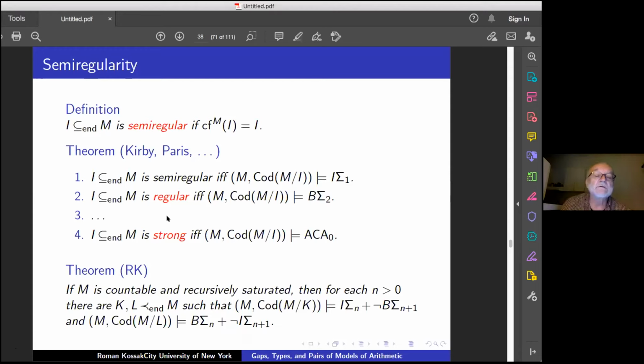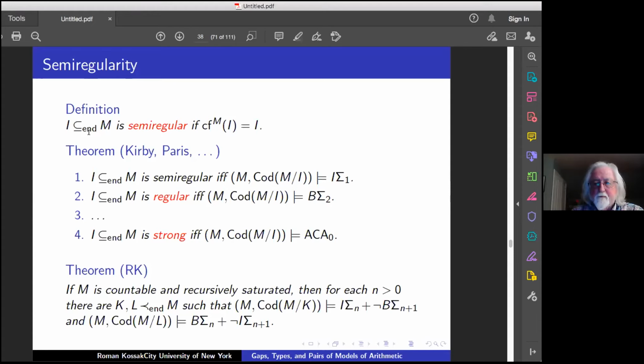Okay, so I will just say a little bit about what's going on, and the main thing is this: going back to Smorynski's techniques of constructing pairs with different theories or different isomorphism types, there are two ends at which we can actually do something. One is below semiregularity. If a cut is not semiregular, there are all kinds of things we can do,